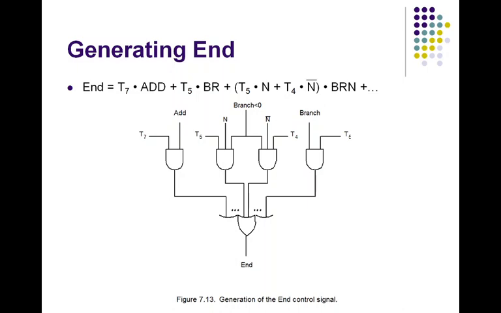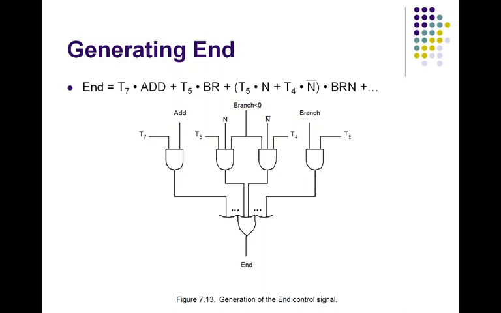When the run signal is set to 1, it causes the counter to be incremented by 1 at the end of every clock cycle. When the run signal is equal to 0, the counter stops counting. This is needed whenever a WMFC signal is issued, to cause the processor to wait for a reply from the memory.